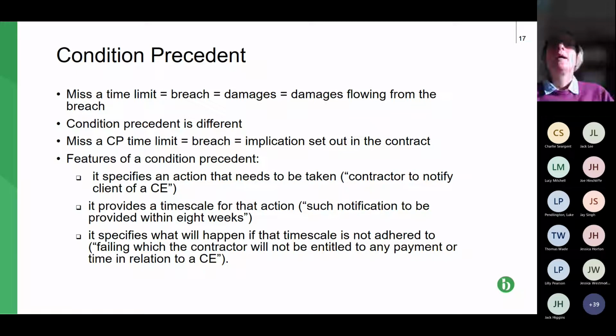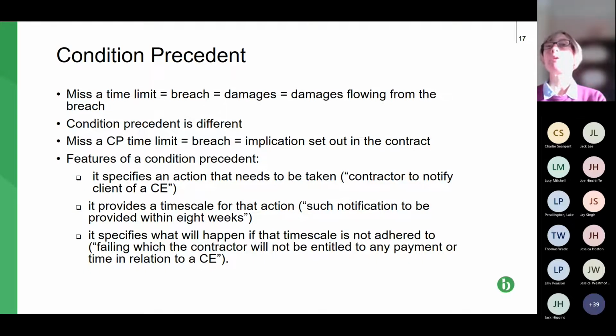So that sort of covers the form of construction contracts. I want to look at some of the key clauses or types of clauses that we come across. And the first one is what we call a condition precedent. The first bullet point deals with the basic